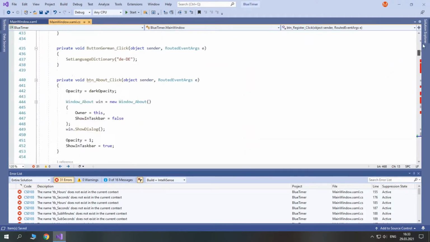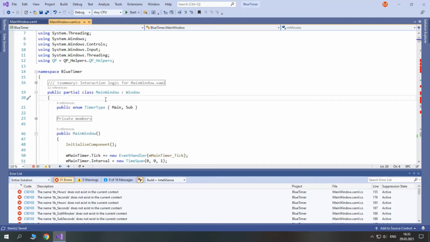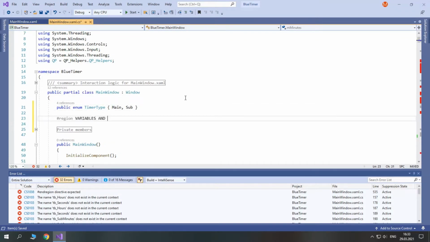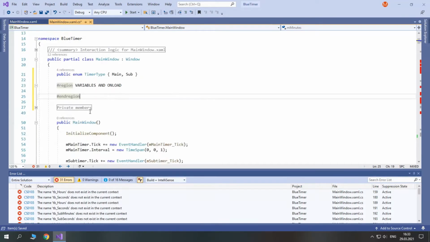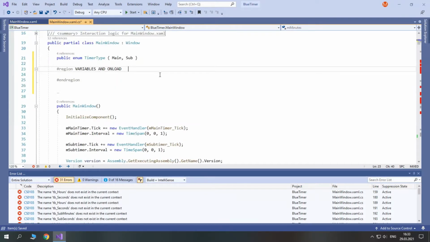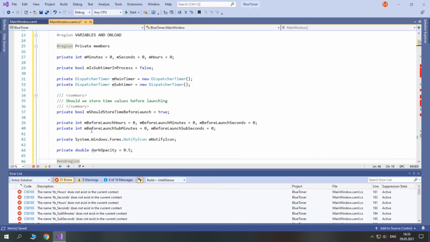Let's go to top. We'll create a new region here called variables and unload. And inside we'll put this region for private members. And by the way, we need to add a new variable here for before launch sub hours. So let's copy this one, paste here, before launch sub hours.